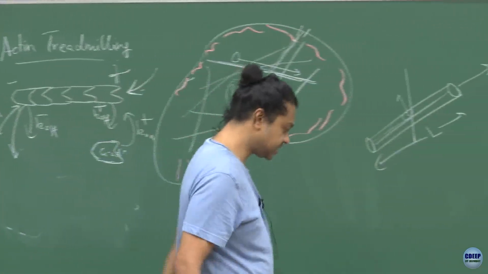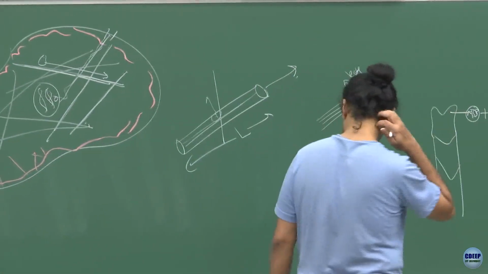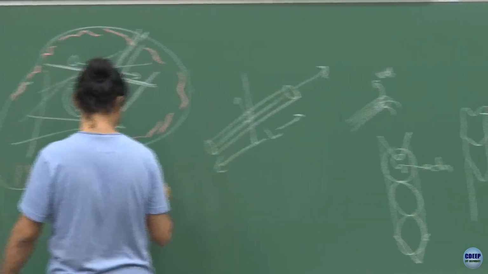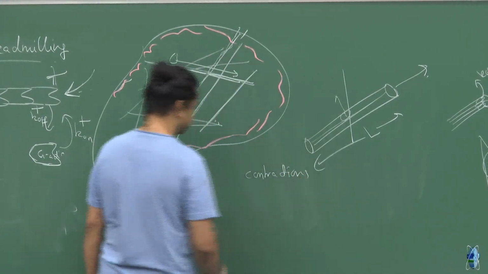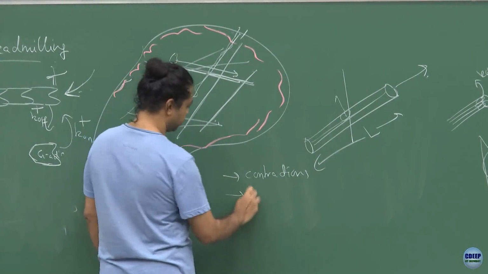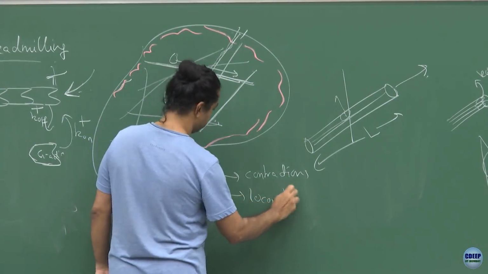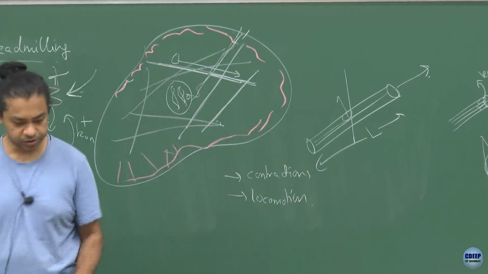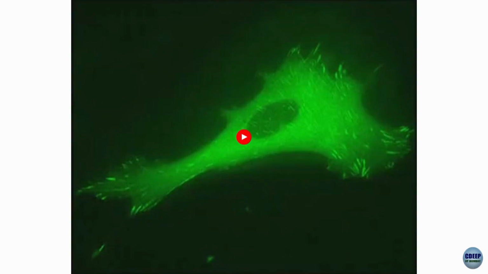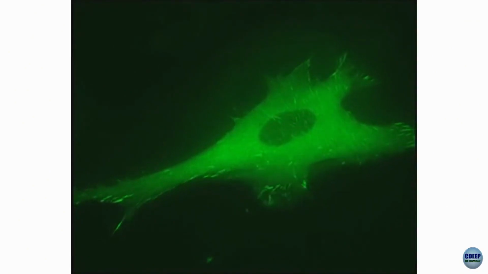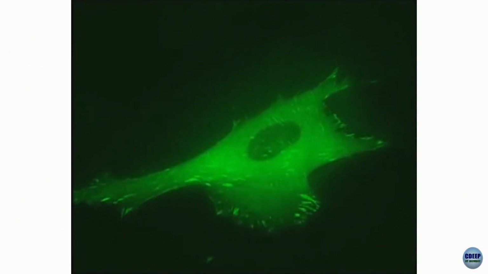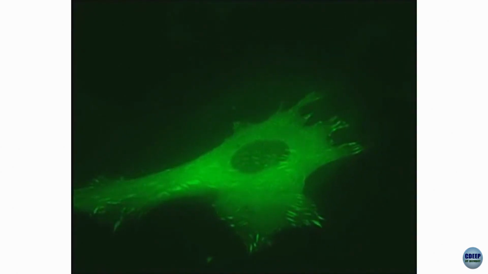Actins have many functions. Two of the major functions are that it generates contractions, and I'll explain maybe how, and it also is responsible for cellular locomotion. So, this is a video that shows locomotion. Here is a cell with actins labeled, and what you will see is that this cell extrudes protrusions which are called lamellipodia, and these lamellipodia are